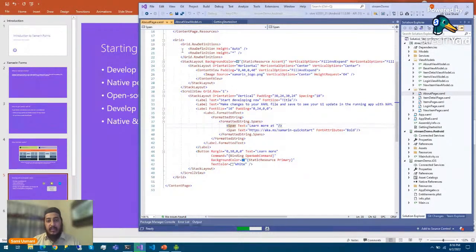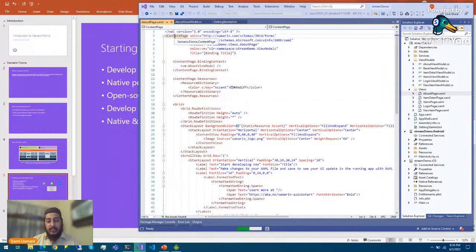Here you can see we have multiple options to design our layout. We have grid layout, we have stack layout in our content page. This page contains all our necessary things like the title. The title can be hard coded here, or it can be saved in the view model. Here you can see it is saved in the view model, and then we can give a value for it. We have a XAML page and then a code behind for it.